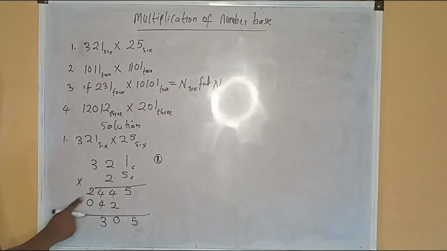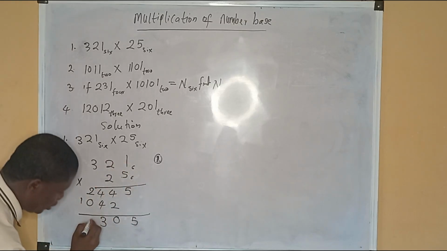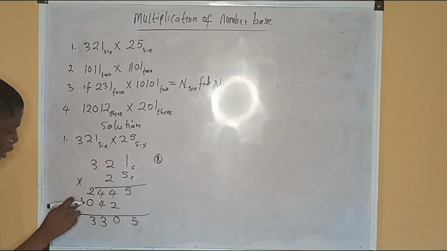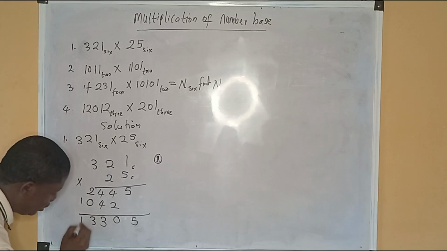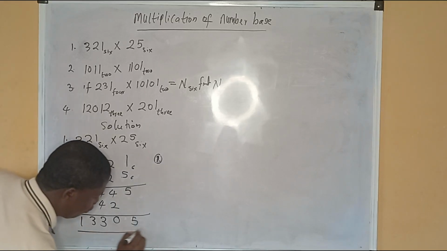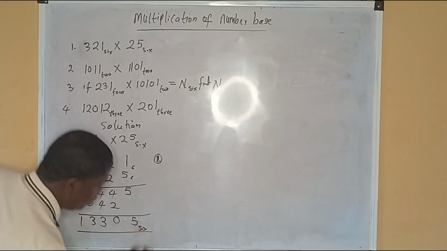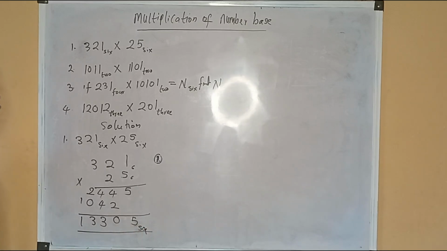okay? So 2 plus this is what? Is 2. Plus that one, which is what? 3. 3 is not up to 6, so you write down your 3. Now, this is 1, and there is nothing to add with it, so we'll have 1, okay? So this is our final answer in what? In base 6, okay? So let's look at the second one, which says,